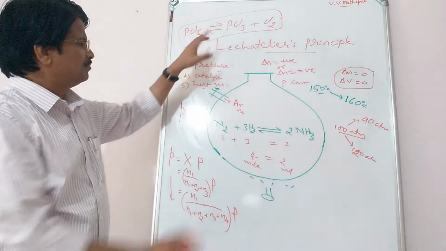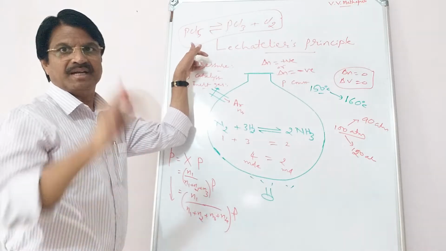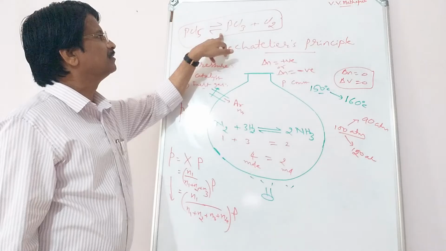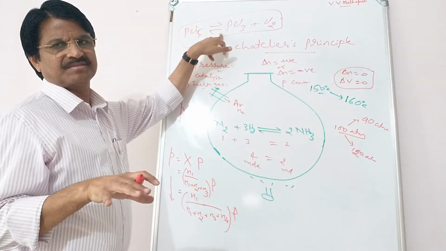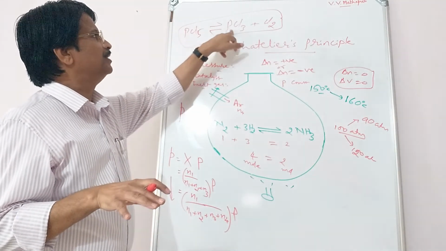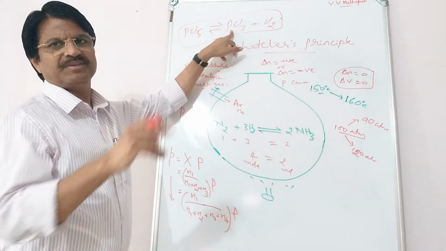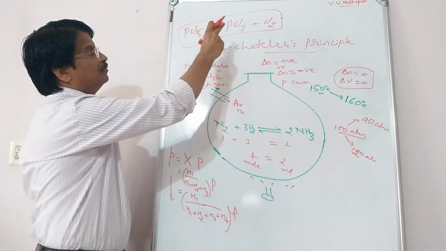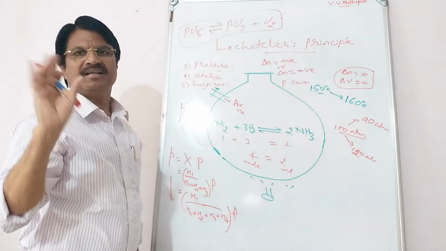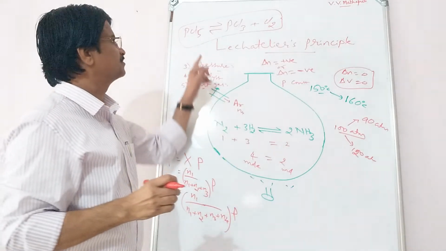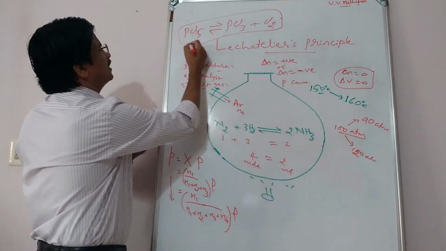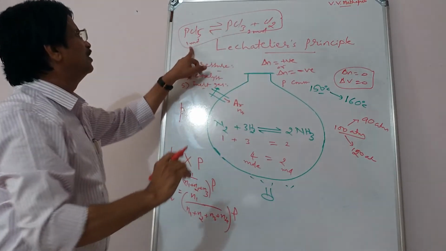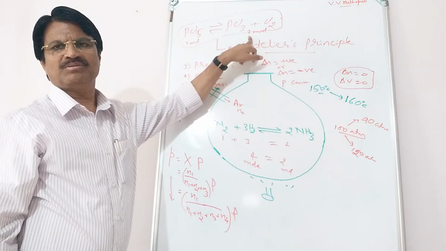Now here we can take the same concept, the effect of inert gas. When helium or argon is added to the equilibrium state, then partial pressure decreases. Whether PCl3 yield is more or less if inert gas is added, you have to think. Is PCl3 formation more or less by adding inert gas? The answer is more, because the reactant side has 1 mole, the product side 2 moles. 1 mole to 2 moles.